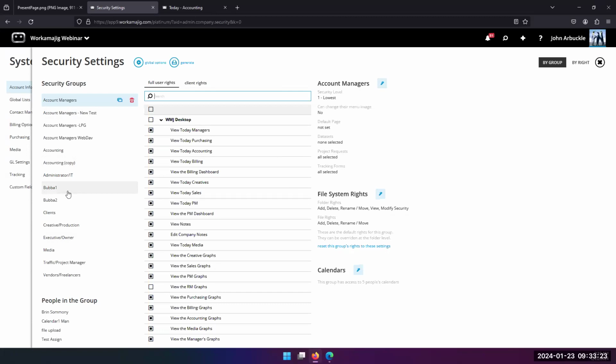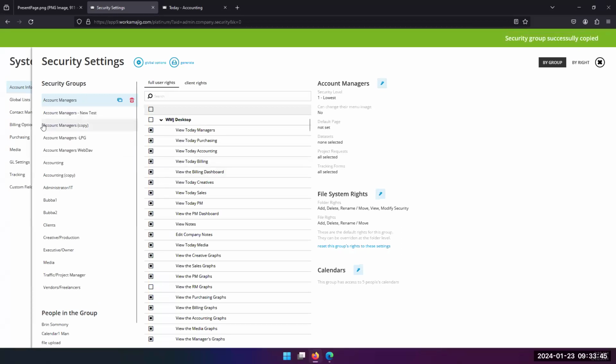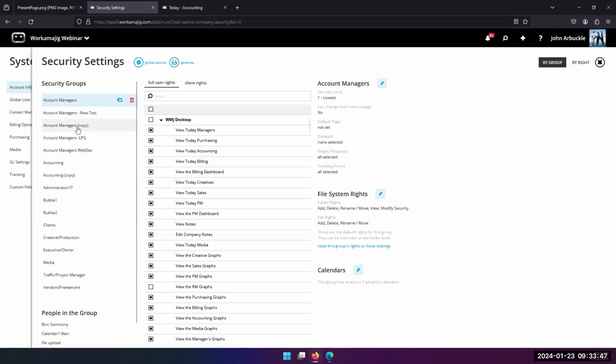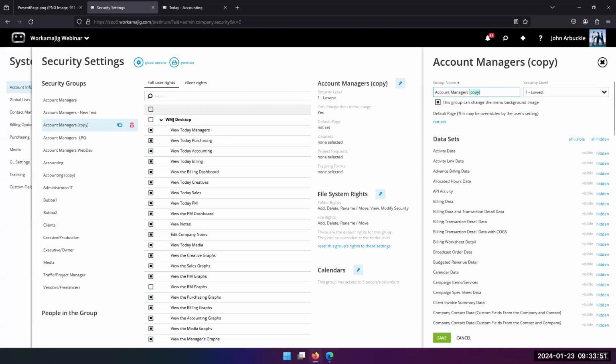If you're brand new to the system, I would recommend that you use our defaults. In order to make changes to it, you're welcome to do that. But I would recommend that if you need to make a copy, for example, I need somebody else that's going to be an account manager, I can simply click on account manager and click on copy. And it says, are you sure you want to copy it? And it's yes. And so you'll see this new one that says account manager copy. And then from there, I can go ahead and change the name of it. For example,